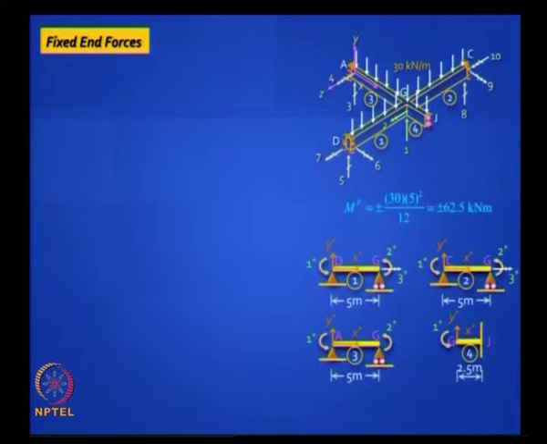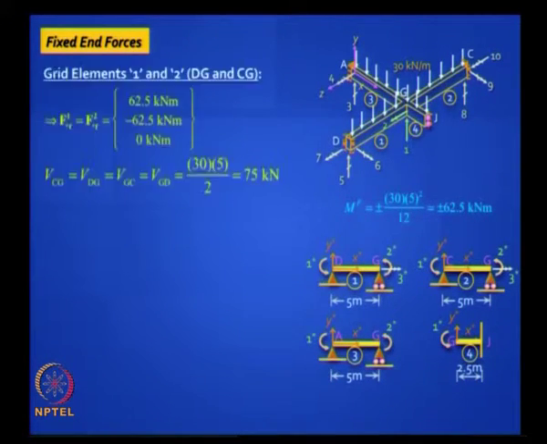So next is fixed end forces. Luckily for you, all the beams have a span of 5 meter, and the loading is the same, 30 kilonewton per meter, right? So the fixed end moment is plus or minus 30 into 5 squared by 12, which turns out to be 62.5 kilonewton meter. So if you take the first two elements 1 and 2, it is plus 62.5, minus 62.5